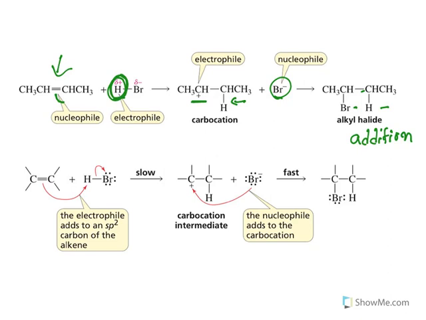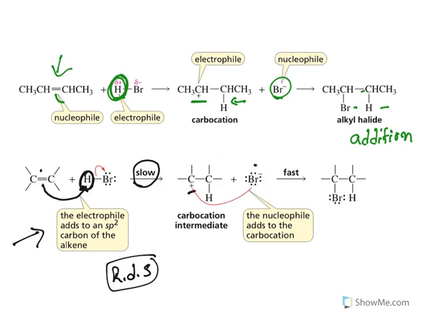Look at this. When you write the reaction, you need to start with electrons moving. These electrons will be moving to this hydrogen. So the electrophile adds to an sp2 carbon of the alkene and this reaction is a slow one. Remember this one: the slower reaction is known as the rate determining step. So the slower reaction will decide how the reaction goes on and it is initiated by an electrophile. This one is looking for electrons. That is the reason why it is known as electrophilic addition. Once it is attached, the bromine will automatically go and attach here. So it is a fast reaction. So the slow reaction will determine what the mechanism is. Here the mechanism is electrophilic